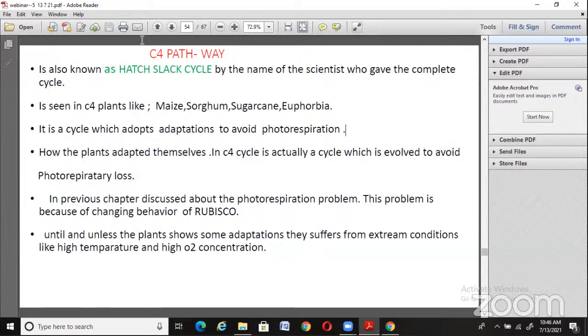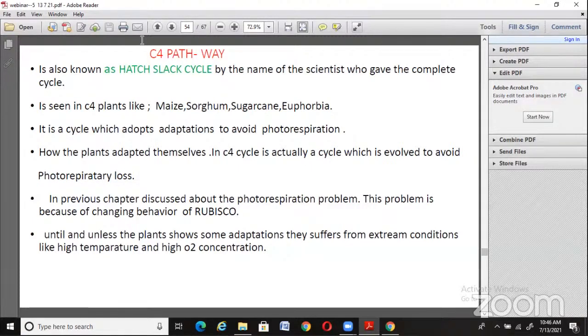Until and unless the plant shows some adaptations, it suffers from extreme conditions like high temperature and high oxygen concentration. So this is the introduction of the C4 pathway. The C4 pathway is mainly to escape from photorespiration. Why? Because